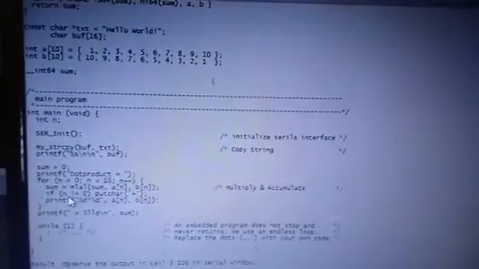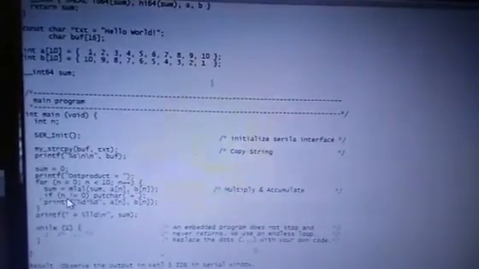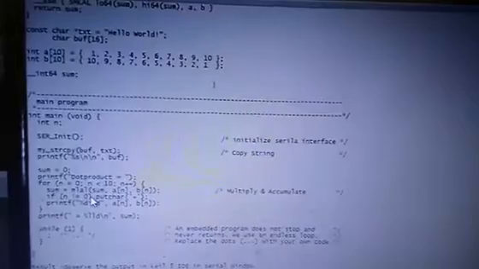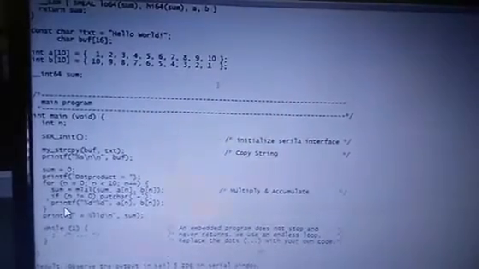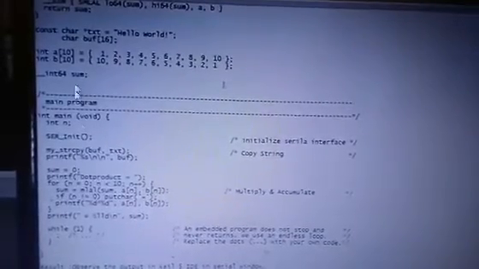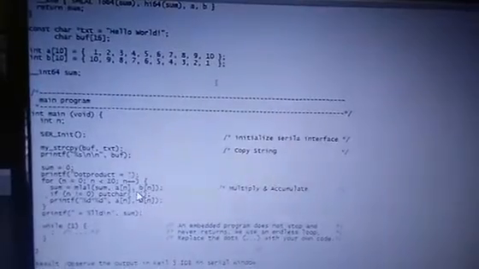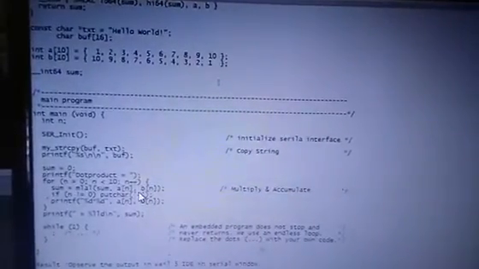This takes place till n is not equal to 0. Printf the value of the elements available in the first array and the second array and the summing operation.